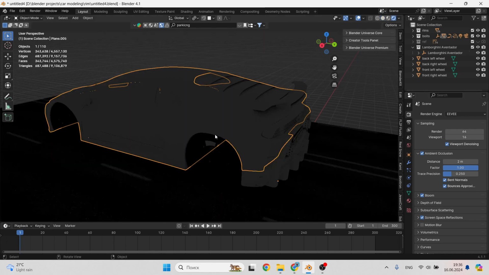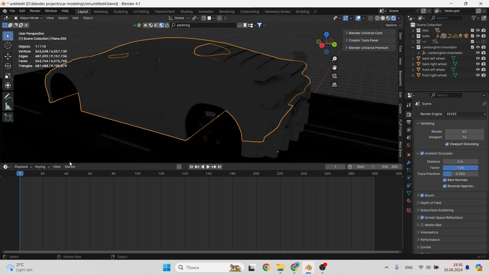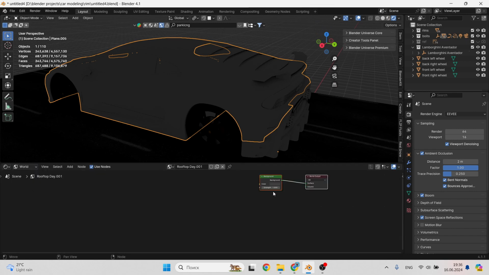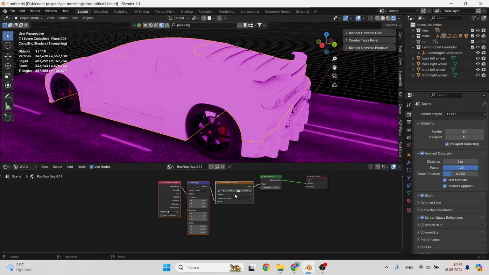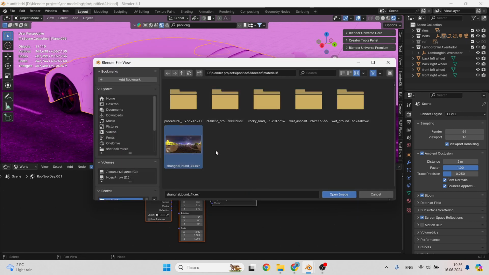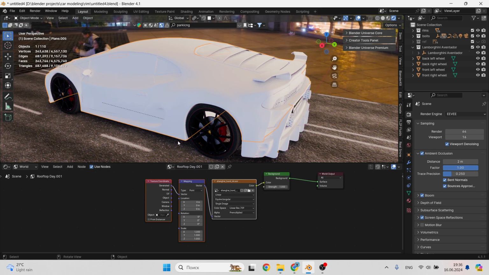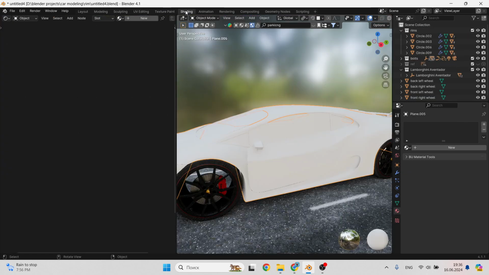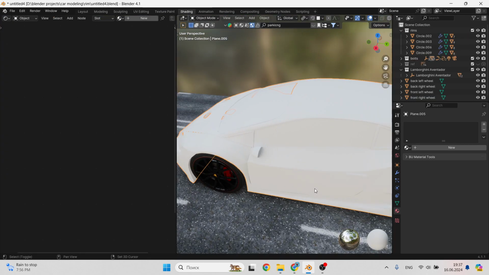I already have an HDR map called Shanghai. I downloaded it in advance. There are many different colors here, so it suits us, and a lot of different lighting. Let's set the place where we will look and make the material.